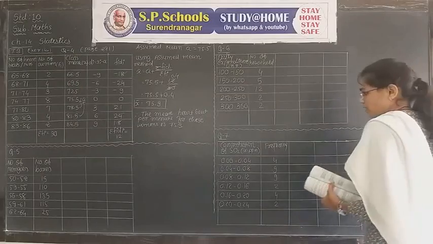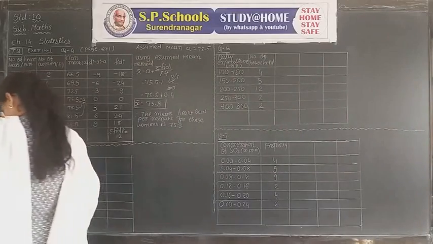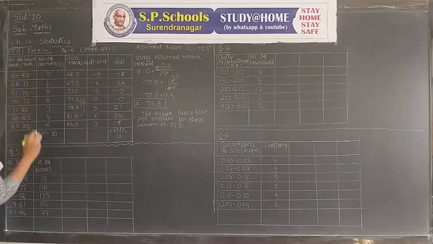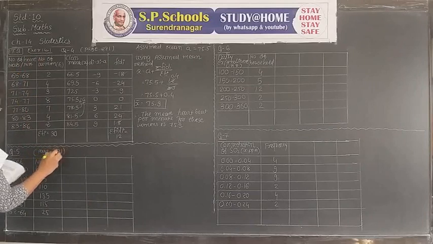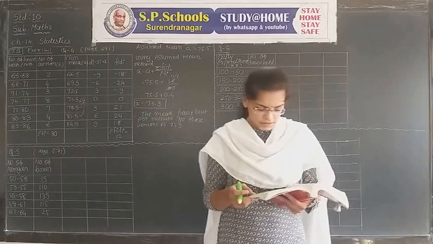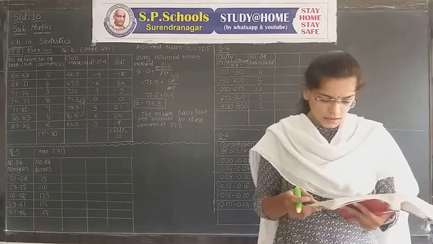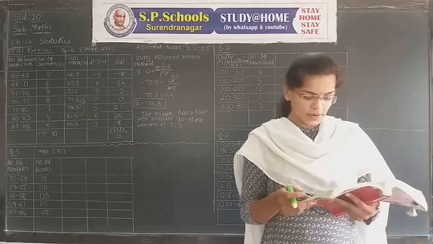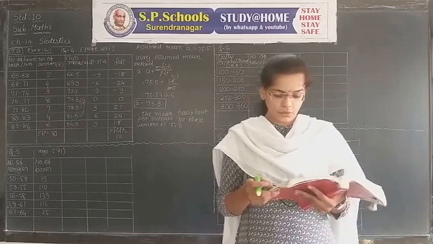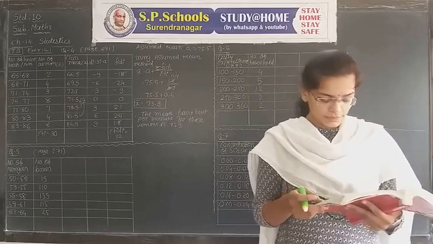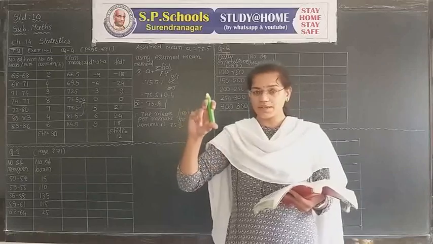Let's discuss another one, the fifth number. Again on page number 271, fifth number from exercise 14.1. See in your textbook, page number 271. See the question first. In a retail market, a fruit vendor sells mangoes kept in packing boxes. These boxes contain a varying number of mangoes. The following was the distribution of mangoes according to the number of boxes. The number of mangoes and the number of boxes are given in a horizontal table.